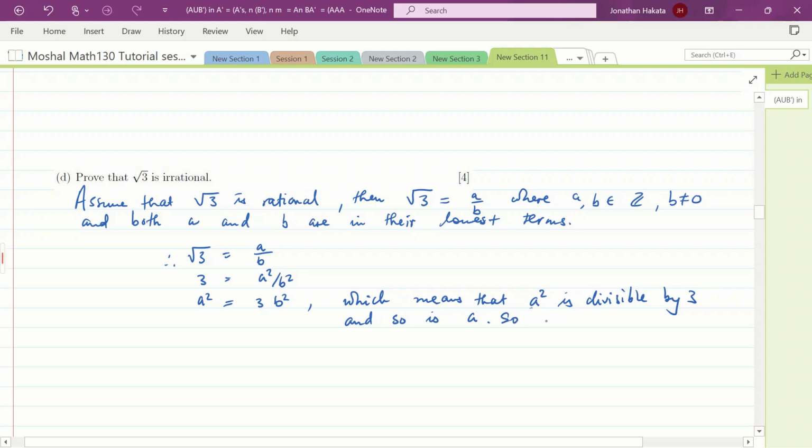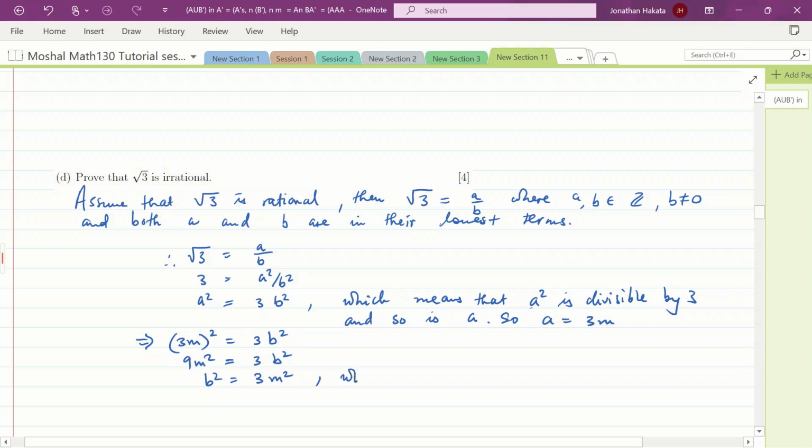So a is equal to some 3m, because a is a factor of 3. Thus, which implies that we can replace a squared with this 3m, so it becomes 3m all squared equal to 3b squared. So 9m squared equal to 3b squared, and you can see that b squared is equal to 3m squared,